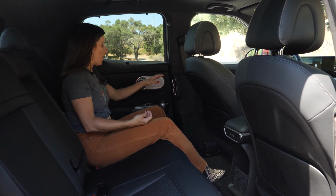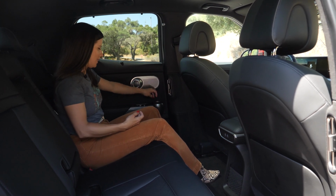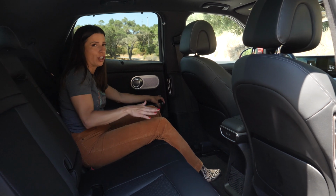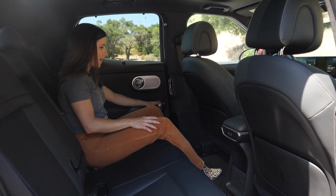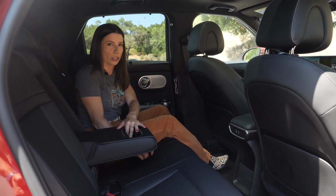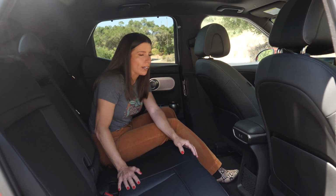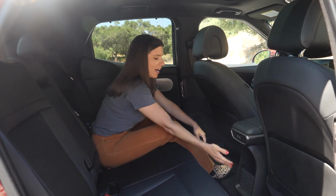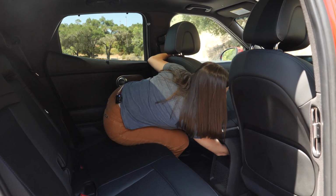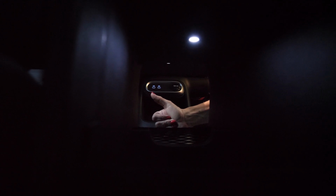You also have functional, usable cup holders here. They're not the silly ones that are only good for teeny tiny little water bottles that literally nobody carries. You also have your center folding armrest that has cup holders here as well. And then something that you're only going to notice from the back and not necessarily from the front is that this thing passes all the way through to the front. It's not blocked. It's just one